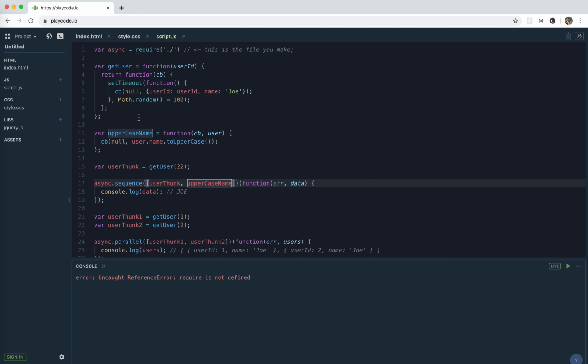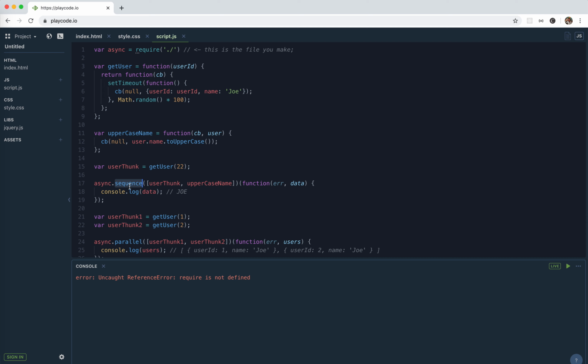And suppose for this case user func and uppercase name, the first get user will actually return a user with this ID 22 with name Joe, and so this data will be passed on to the second one, uppercase name. And in this function, the callback will trigger with the name transformed to uppercase. So here we got a capitalized Joe, but at last we got data as all uppercase Joe, right? Here only the first letter capitalized. Well,